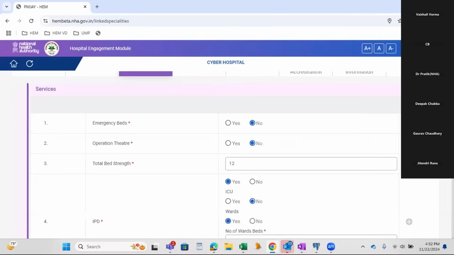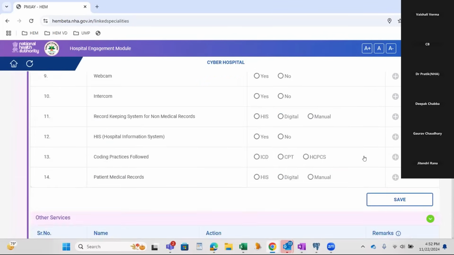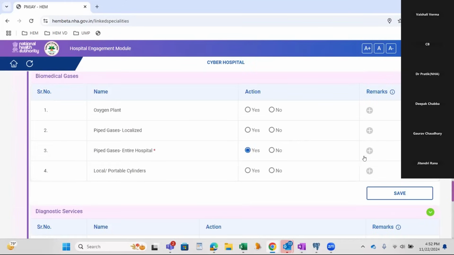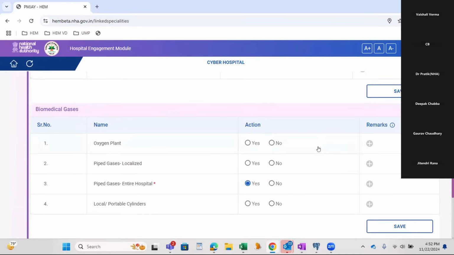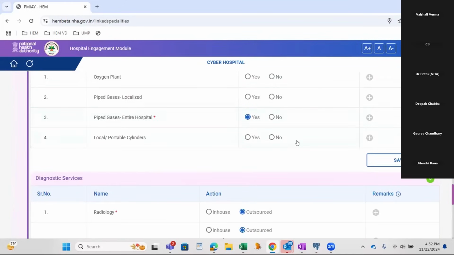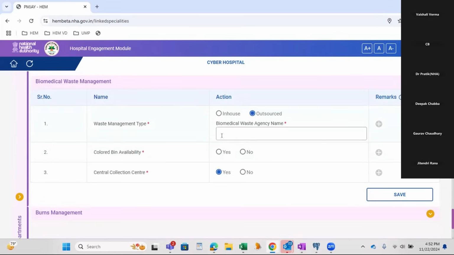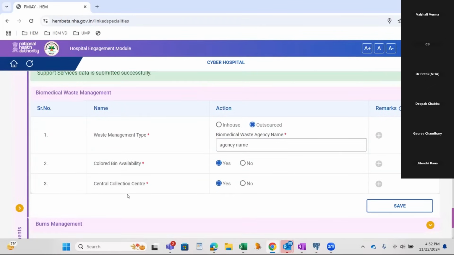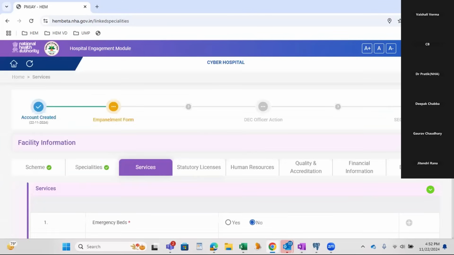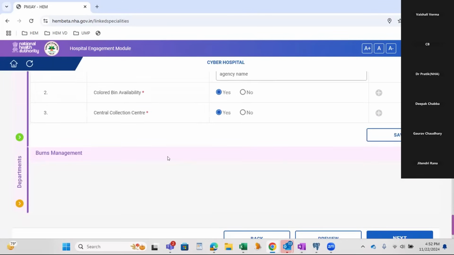Support services data submitted successfully. All the support services are filled.